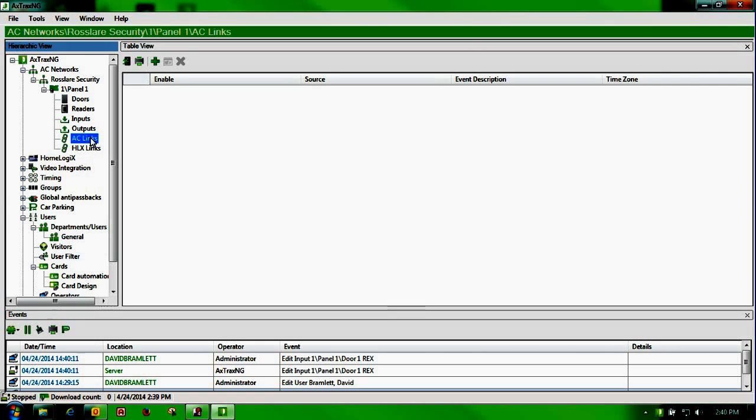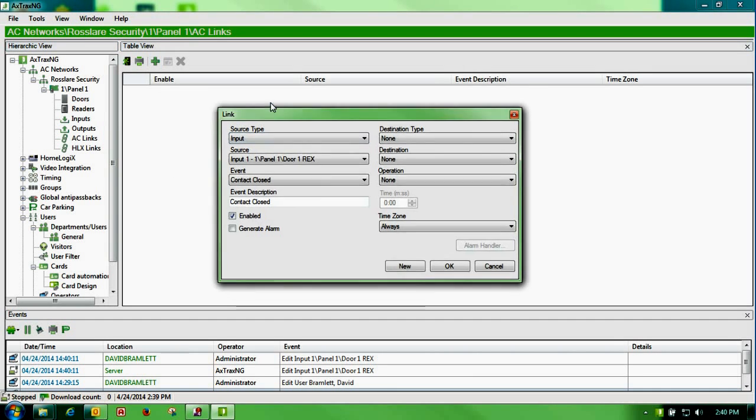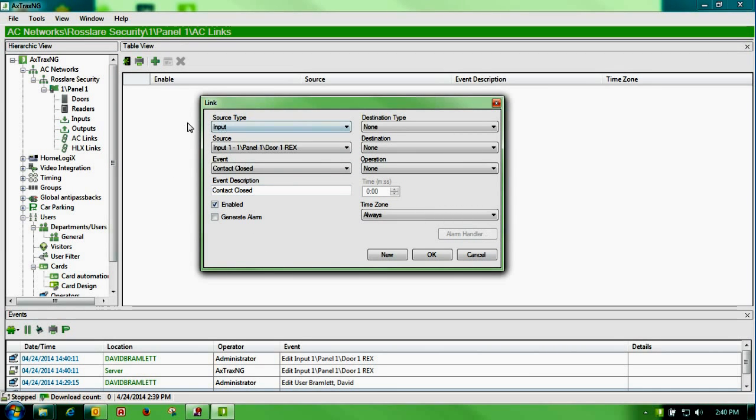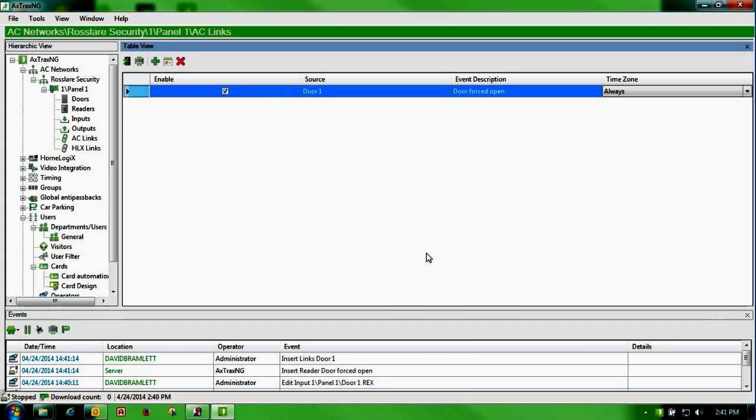AC links. AC links are used for a number of things, but primarily an AC link is an input to an output, software driven. We have talked about forced door and held door open. If I want to set up a forced door open on door 1, I would select door, select door 1, choose forced open, and then I could choose my output of what I want to happen. I could tell it I want a sounder, a bell that sounds, and I could turn it on. And if I tell this OK,